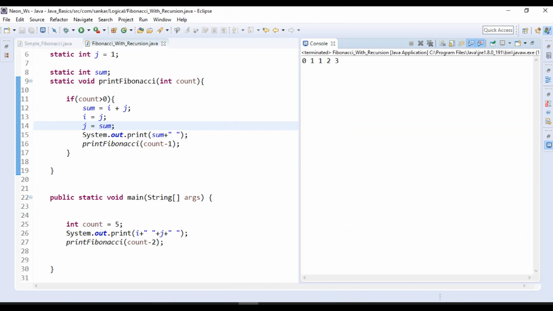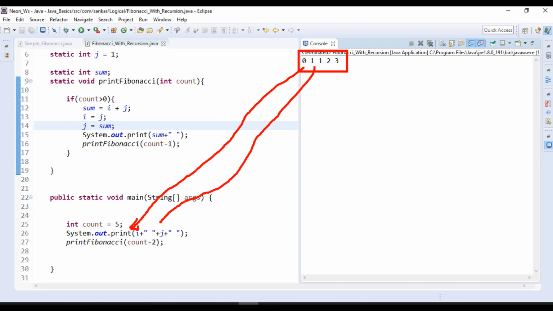So observe carefully what we got. In total we got 5 numbers, right? See, the first number we already hard coded, 0, and the second also we hard coded. Okay, the third number, this is the third position. How did we get it? We did addition of the previous two numbers, that means 0 plus 1, the result will be 1. How did we get the next? Addition of the previous two numbers, that means 1 plus 1, the result will be 2. Same way, the previous two numbers 1 plus 2, the result will be 3.